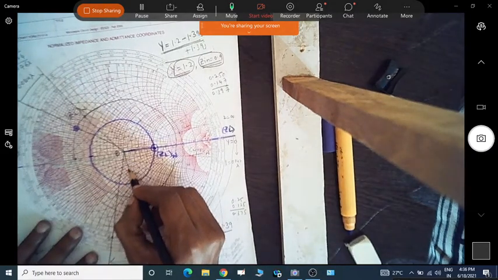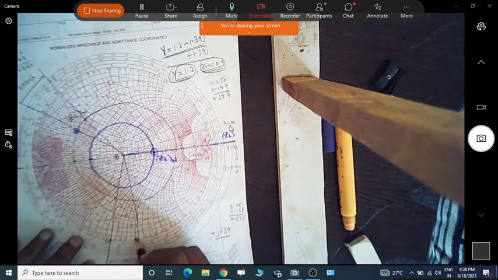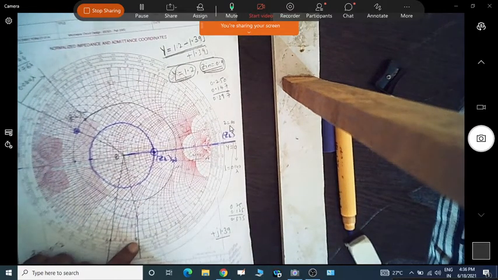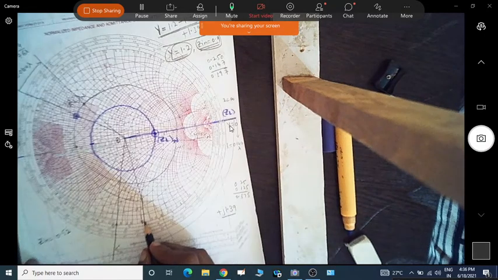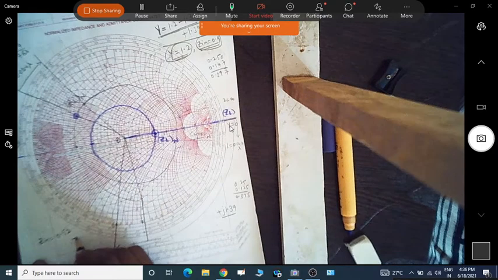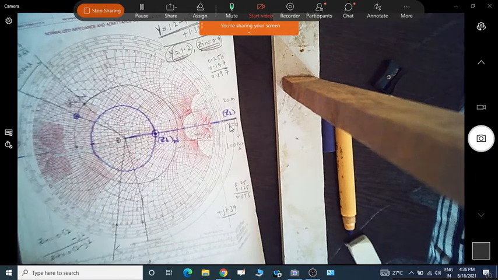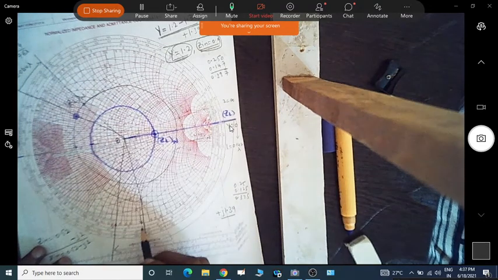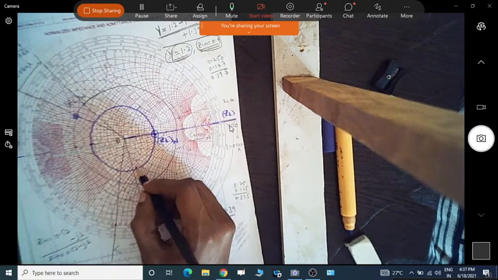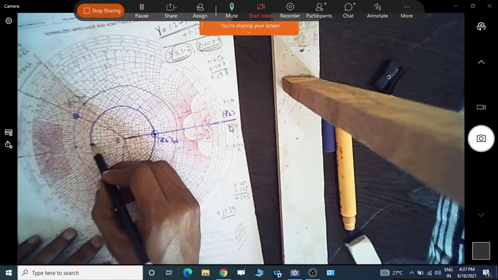So draw the scale, and you will get the value of the reactance. Now the reactance is J1 here. Since it is in the lower part, it will give minus J1. Now we can add the reactance minus J1 to this. So that is Zin, which is equal to 0.5 minus J1. This is 0.5 and this is J minus 1. So now we can find out the point after adding the reactance of minus J1.